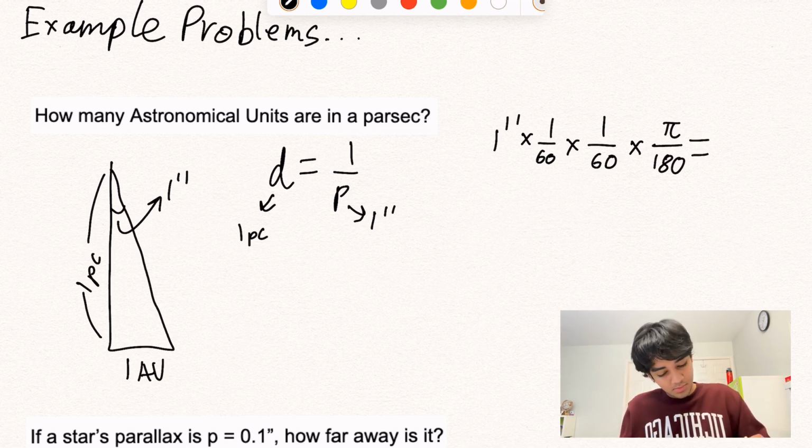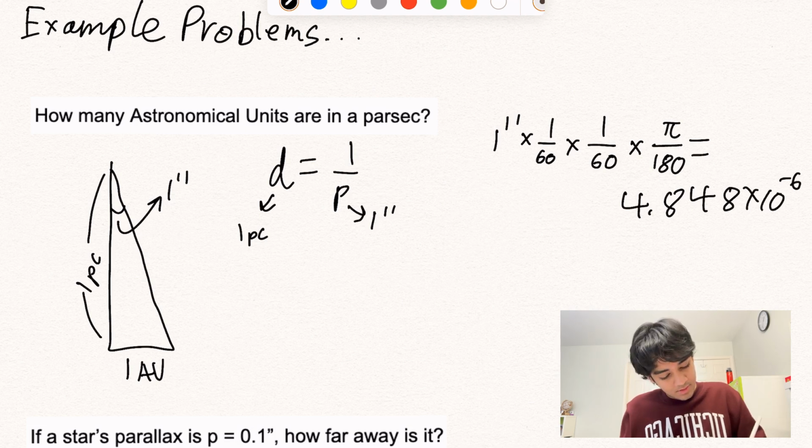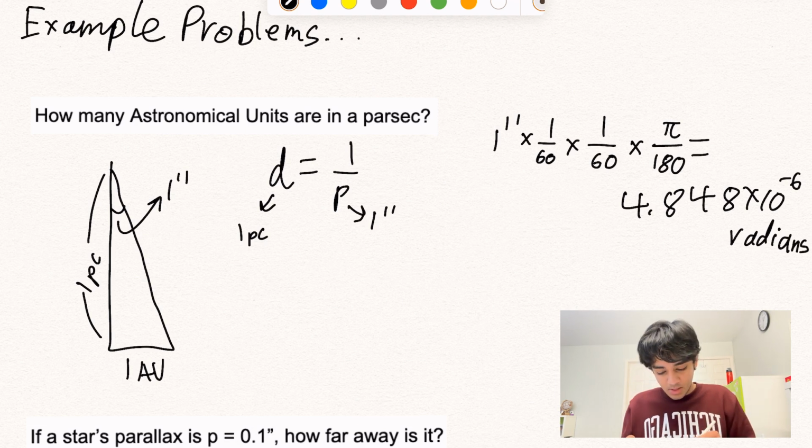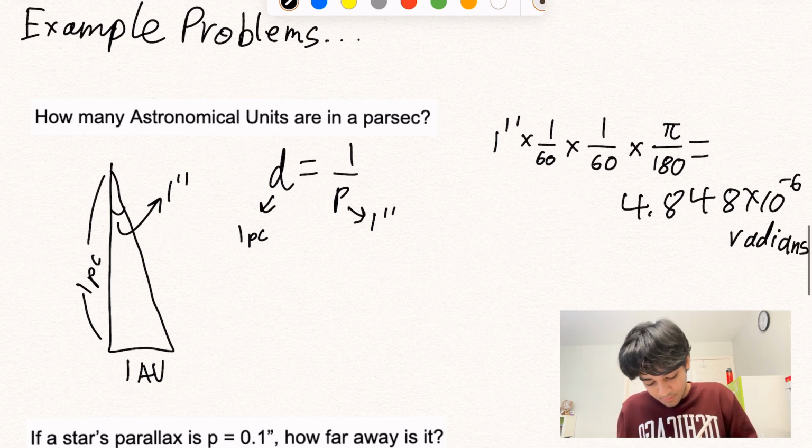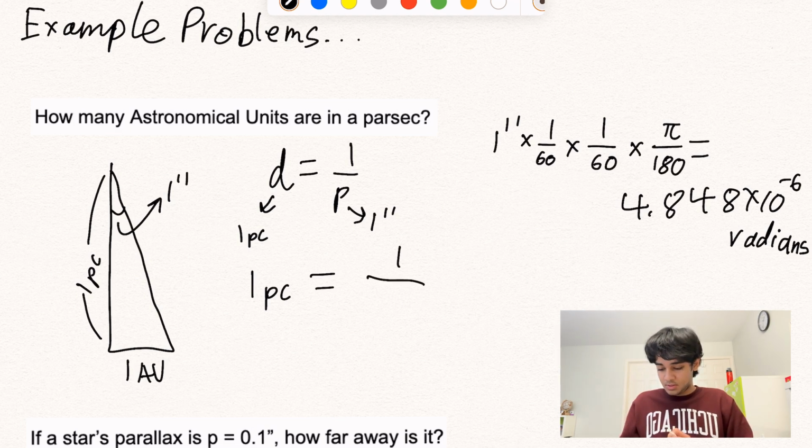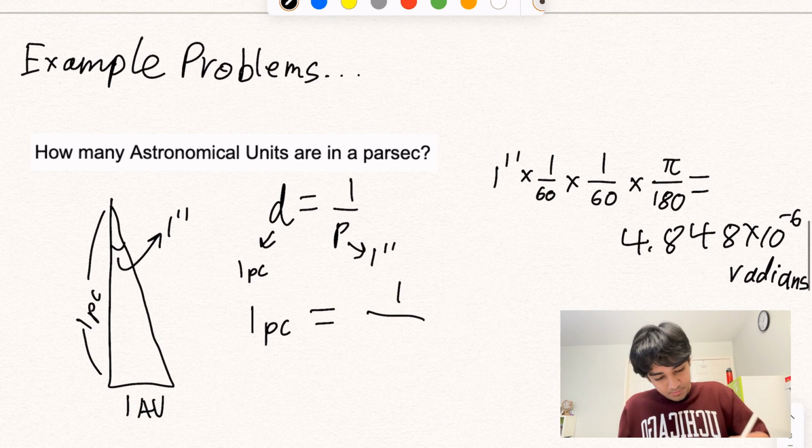Putting this into our calculator, we can get 4.8448 times 10 to the power negative 6, and this is radians. Now let's put this back into our formula. We'll have D, which is 1 parsec, equals 1 over the answer we just got. So that would be 206,265